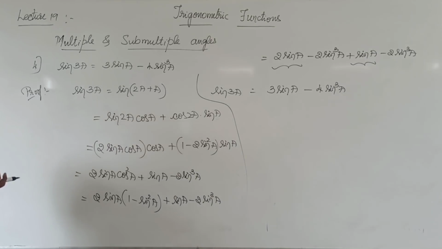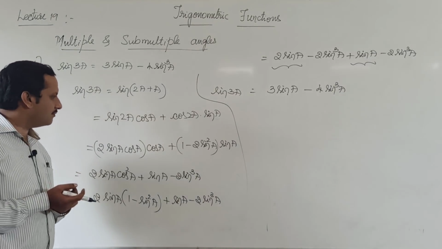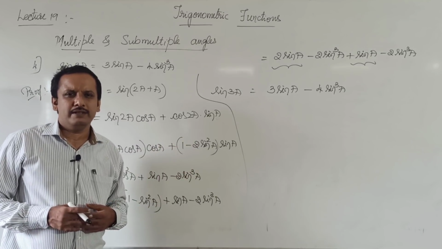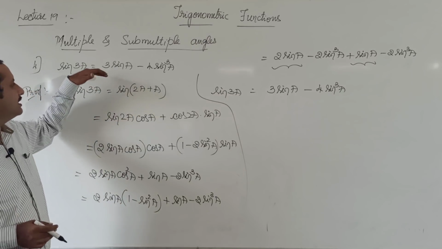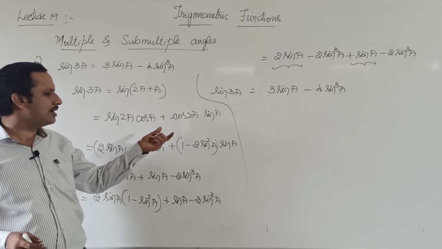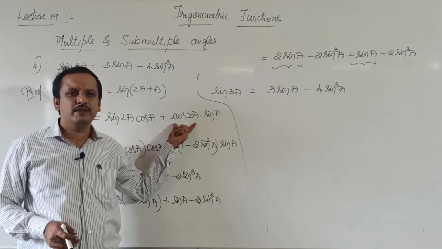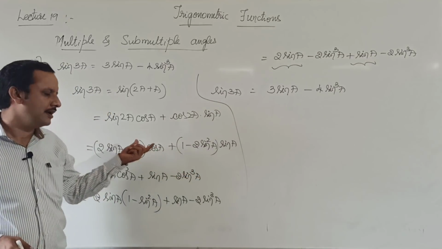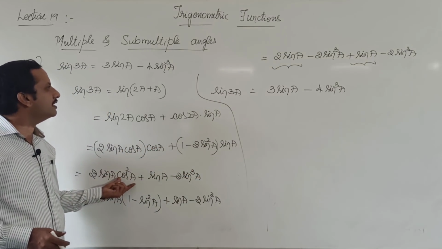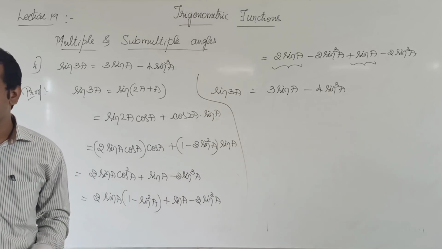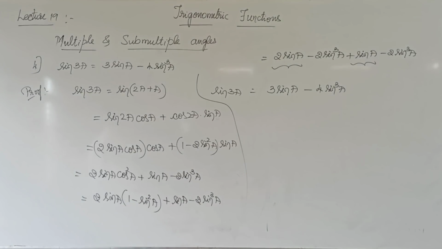Okay. See here, you may be thinking, sir, for cos 2a we had so many different formulas, but then why did you use this? That is because we want sin 3a equal to 3 sin a minus 4 sin cube a, everything in terms of sin. So here also I want to write cos 2a in terms of sin, which means 1 minus 2 sin square a. That's the reason. And after that here also cos square a, we want everything in terms of sin, so I wrote cos square a as 1 minus sin square a. And then the simplification. That's all. Okay. Next.